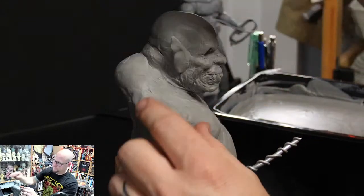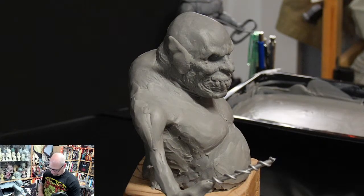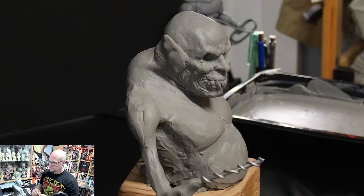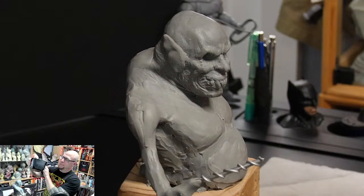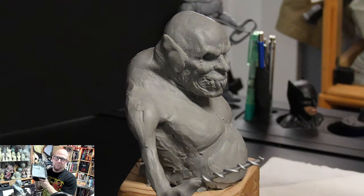Jason, we've got a last penny question here from Matt McNeil, and he was just asking, how long do you tend to put the monster clay in the microwave? Well, I take a bucket like this here. So I take a big tub of it, like this guy here, and I put it in for about 4